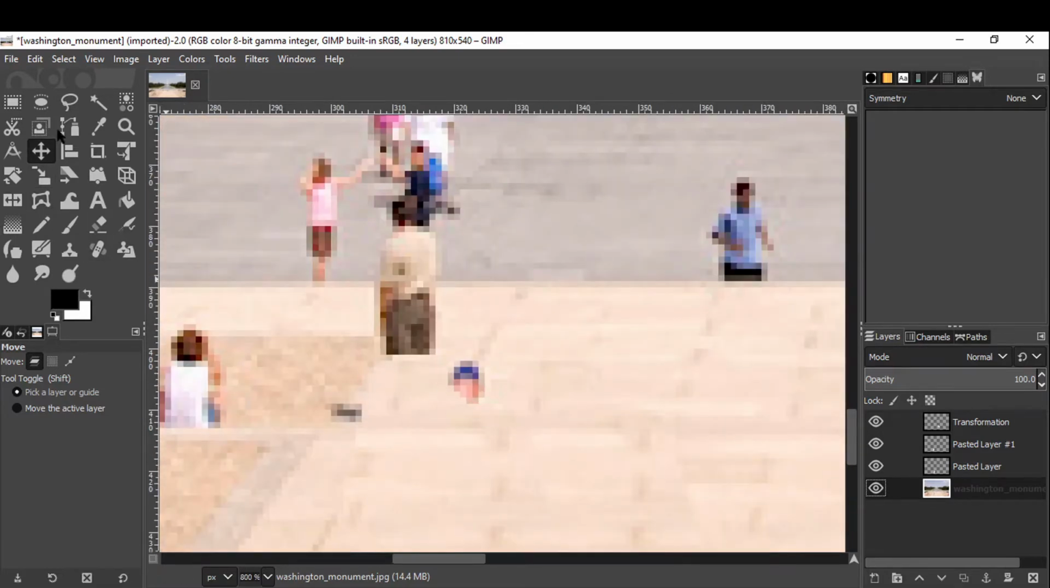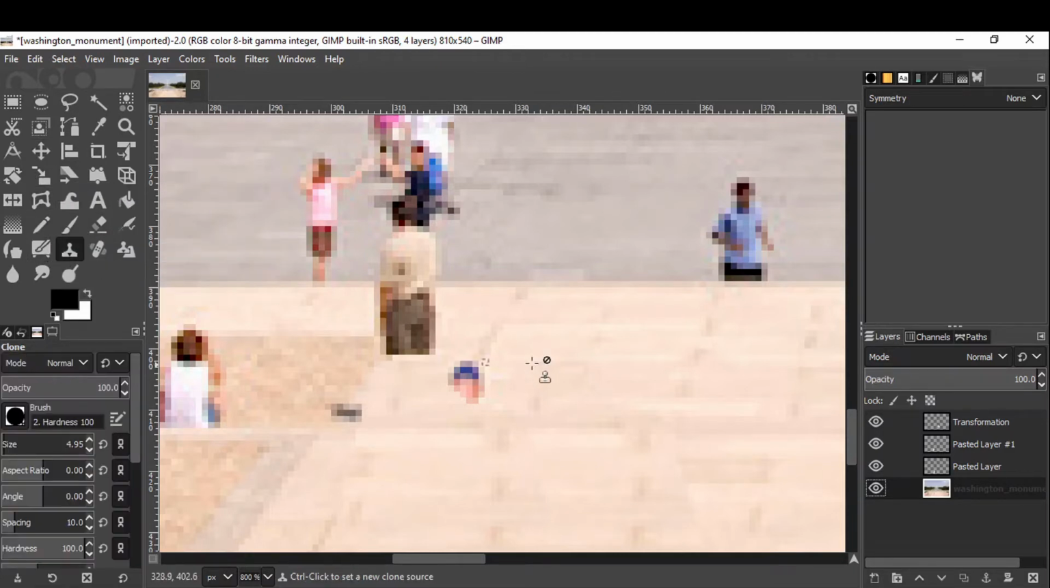So the way I would probably recommend is, where is it? Here. This clone tool. Now this clone tool basically, let me just increase the size and the shape. Okay, so with this clone tool,